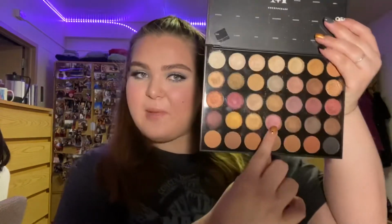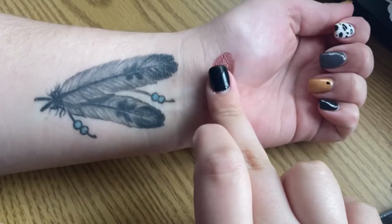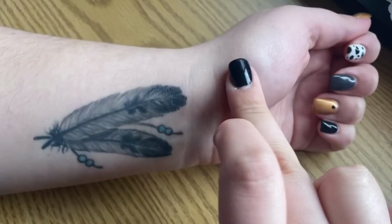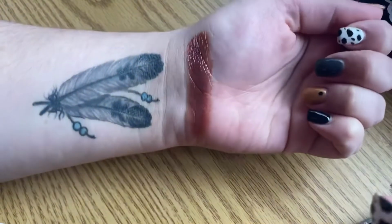The next Morphe eyeshadow palette that I own is the 35F Fall into Frost. This one I actually got for Christmas last year. My sister got it for me. My favorite shade in this palette is this one right here. It is called Belladonna, and it is this really beautiful, just pink shimmery shade. It's almost purple. I feel like it's somewhere in between this pink shade and then this purple shade, but